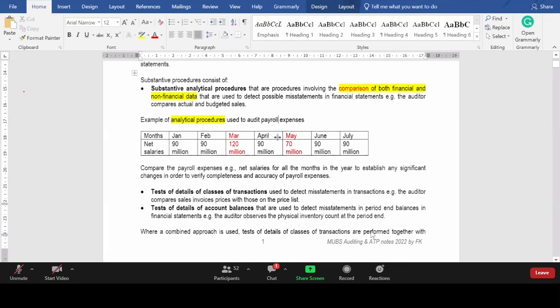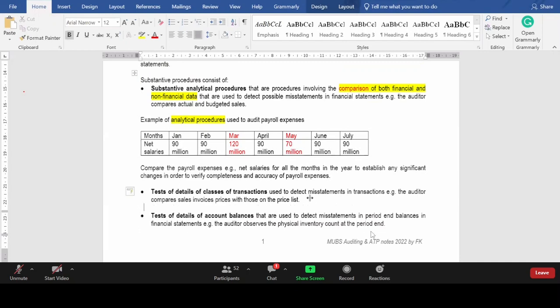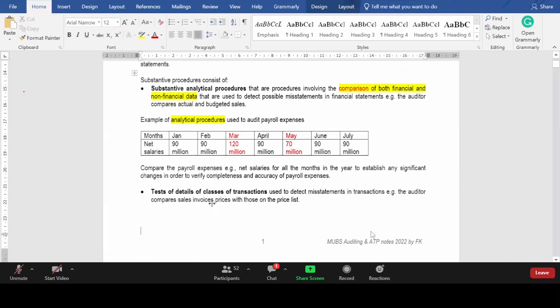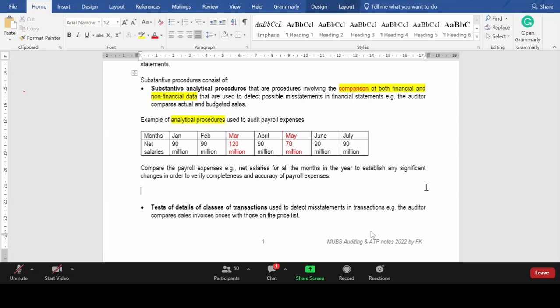So those are analytical procedures. The other tests you do are the tests of details of classes of transactions. This is the second set. We're looking at substantive procedures, and the first set of substantive procedures is analytical procedures. Then you're going to the tests of details of classes of transactions. Maybe one I've not talked about, you can also compare